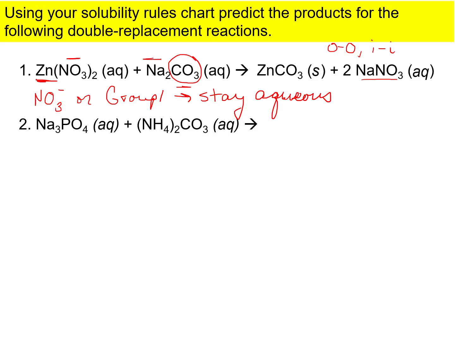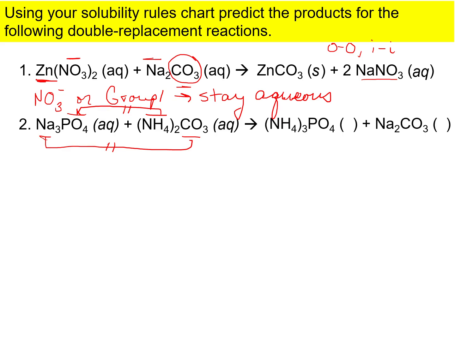So now we do the same thing for the next one. So we got sodium and carbonate. That's not going to precipitate because it has sodium in it. And ammonium and phosphate. And that's not going to precipitate because it has ammonium in it. So you can do the swap if you want, but it works out to be that that is a no